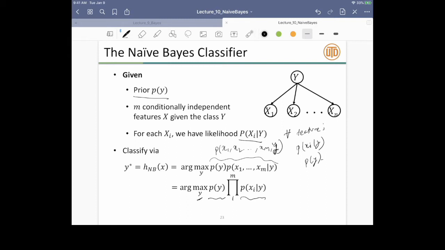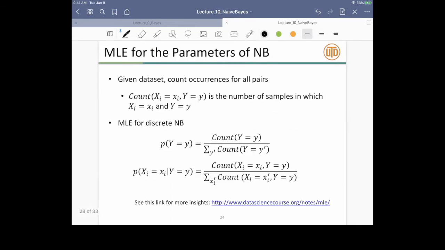Okay, so the naive Bayes inference problem, that is to find the most likely y, I will do by maximizing the joint distribution over the probabilities and y. This is nothing but an argmax over P of y multiplied by the product of i from 1 to n, P of xi given y. Okay, so this slide is talking about the inference step.